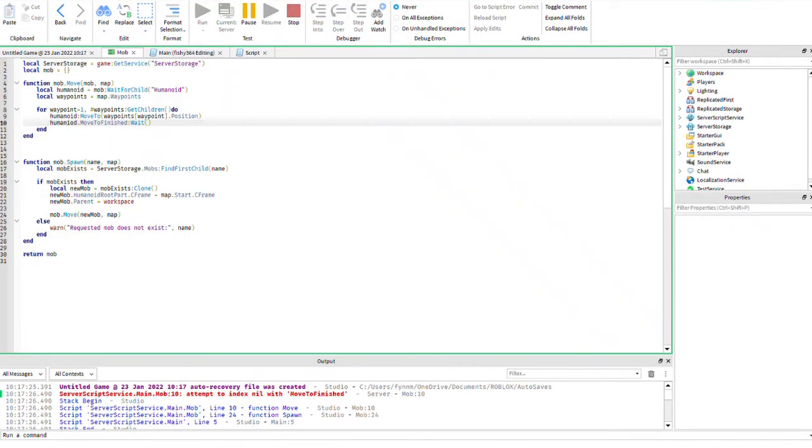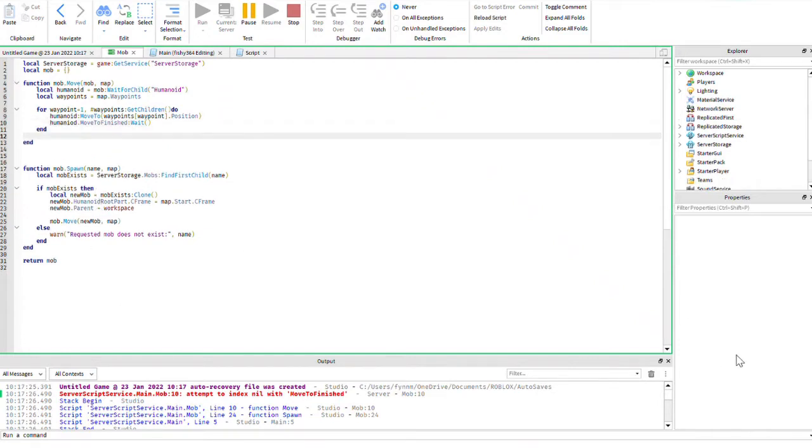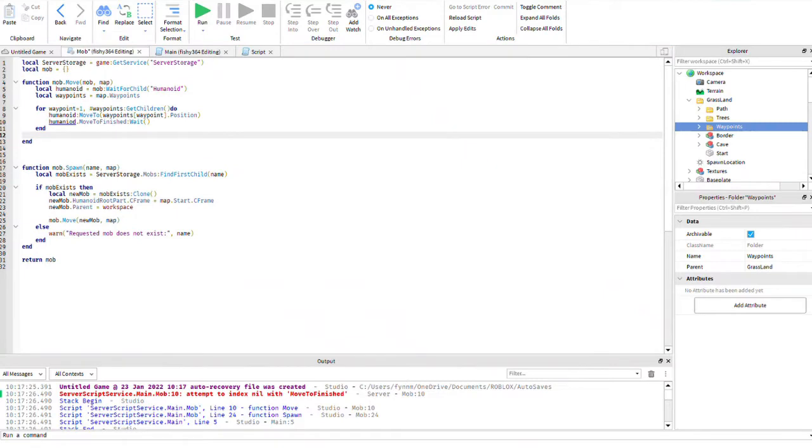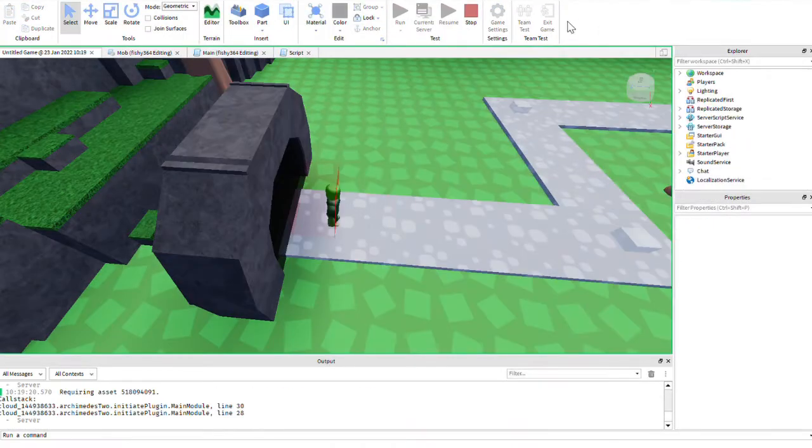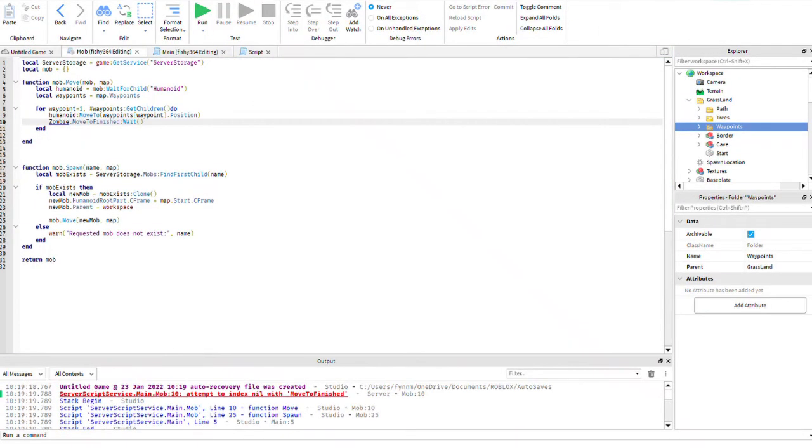Okay, so now they're moving, but they're only moving to the first waypoint, which I need to move them the whole way around, obviously. And I'm not sure why it says that I was trying to index something with nil, which I don't know what the error means. So I referred back to the tutorial, but there wasn't anything there. So I ended up figuring out that I spelled humanoid wrong, which I always do, and